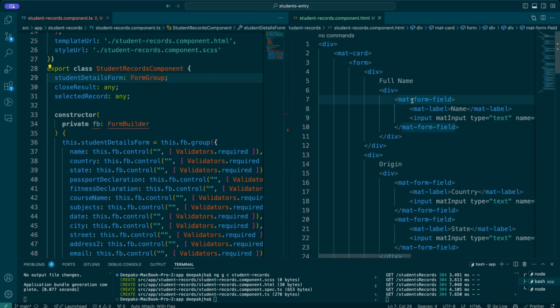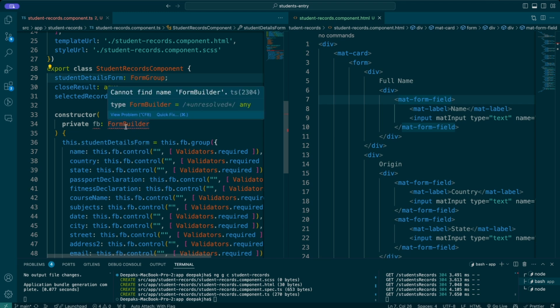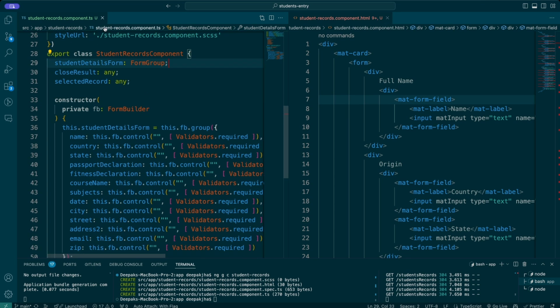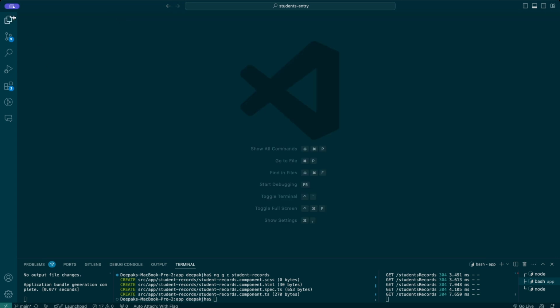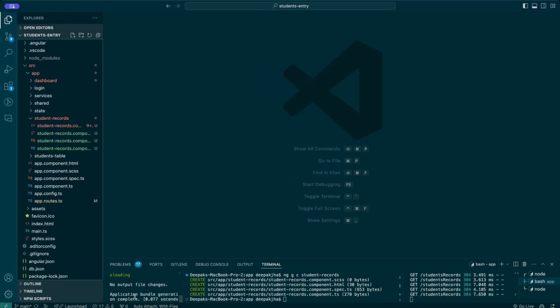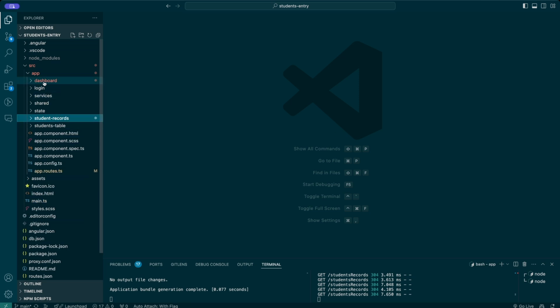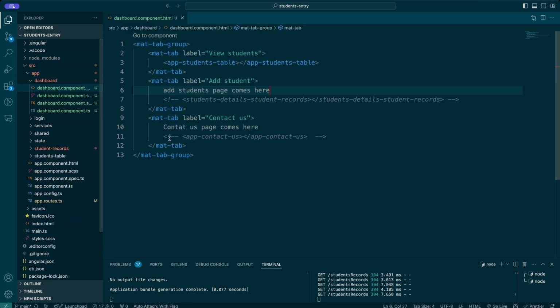The template has been written, and I'm going to be, okay, so let me fix these errors as well. Form builder is updated. Yep, that's pretty much good. So let me close this down here and also look at if there's an error. No, there is no compilation error either. So I'm just going to be exiting this, saving this, and student record, and then I'm going to be putting this inside the dashboard. If you come here and then student record details, so